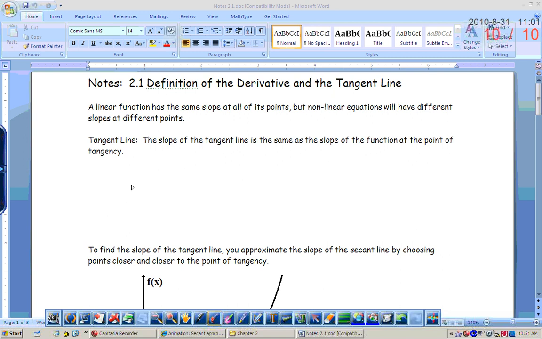Remember, a tangent line is a line that intersects the graph at one point. You're probably most familiar with tangents to circles, and we can just start with that. So if you have a circle,